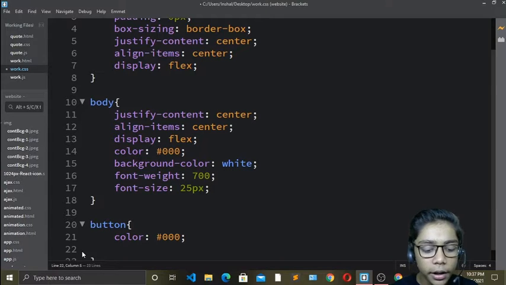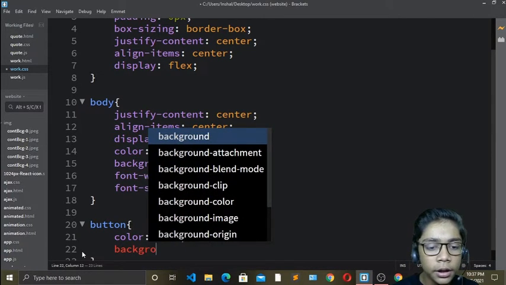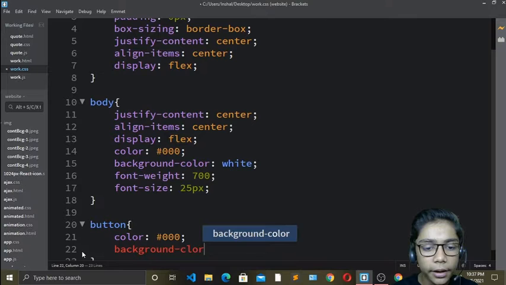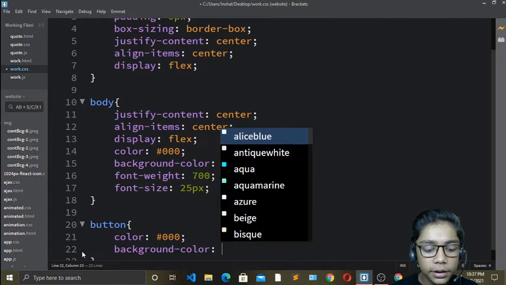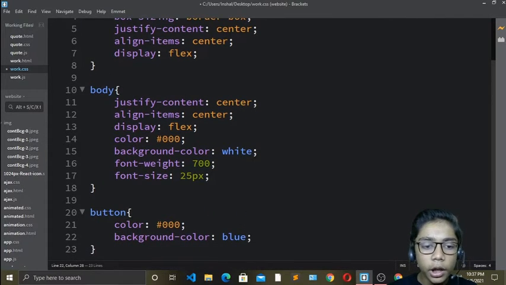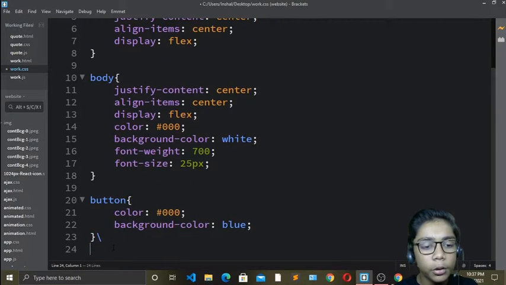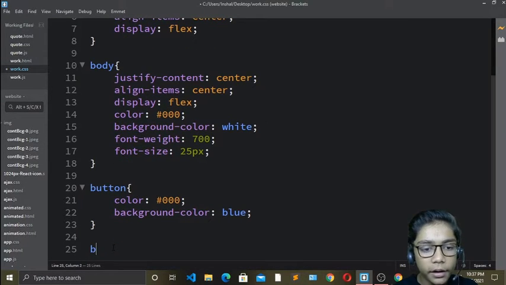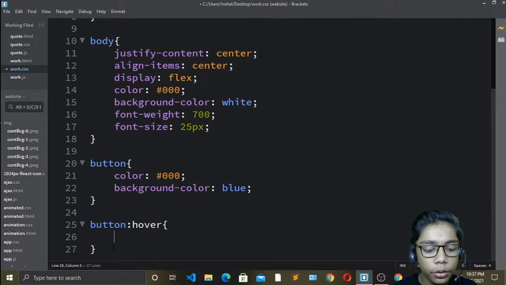And when you have done that, come over here, and here you have to write another thing which is called background color. Okay, so this was in blue, so I will just take the background color to blue. Okay, so I will just write blue over here, and now when you have done all that, come over here and write button and write hover. Okay, because there was also a hover effect like I've shown you, and over here the background color should be green. Okay, so here we have done till over here.